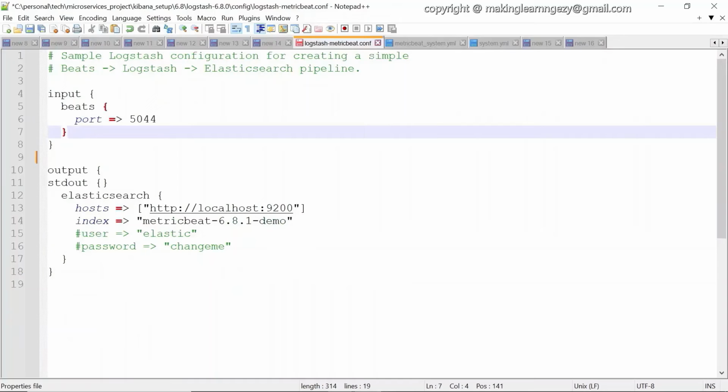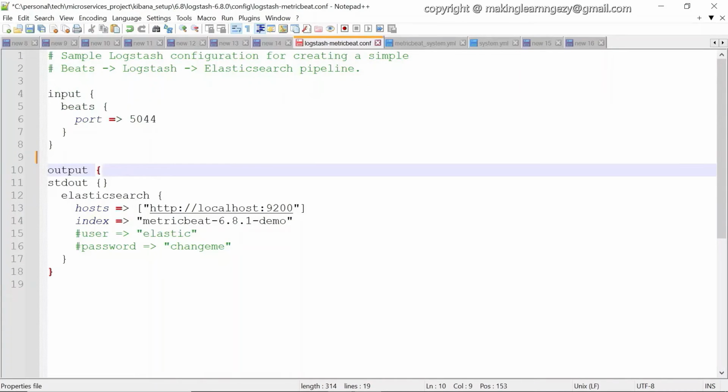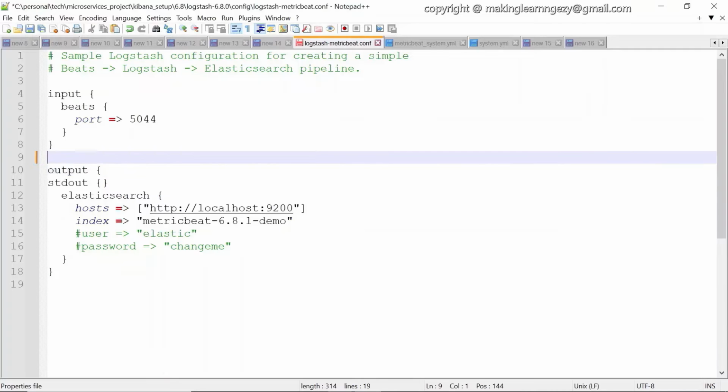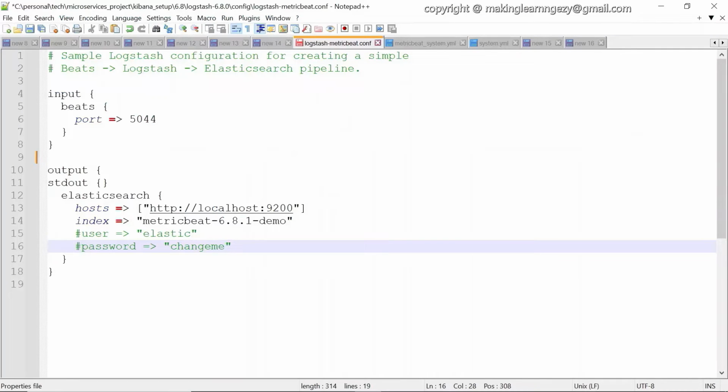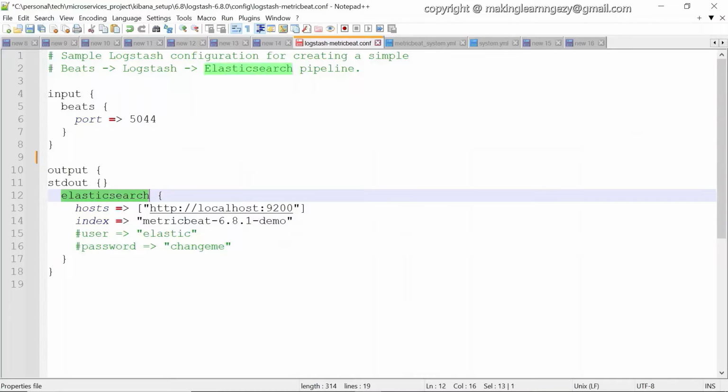The one which we have used there we need to use in the input section of the Logstash configuration file, and in the output section we need to mention the component where Logstash would send the data or event. In our case, Logstash would send the data to Elasticsearch. So we need to configure Elasticsearch as the output of Logstash. How can we do that?